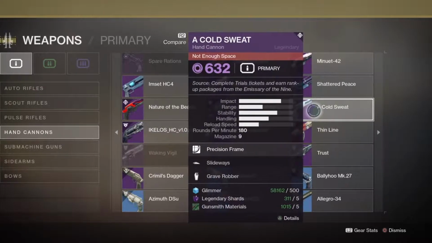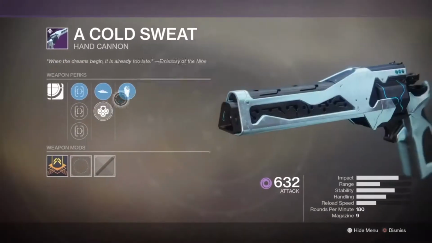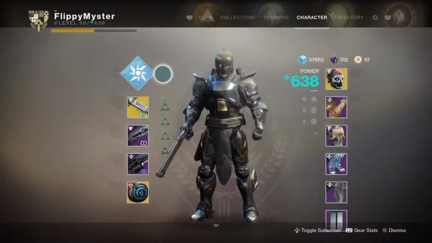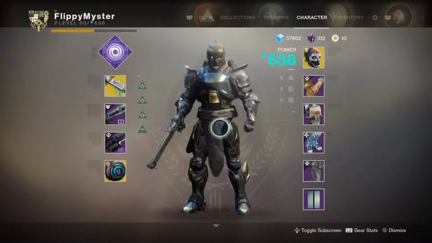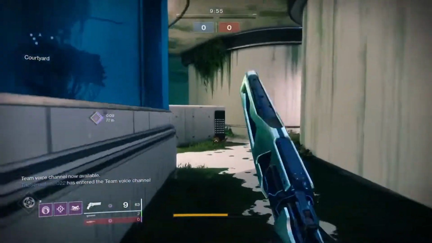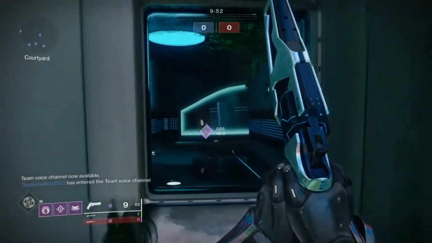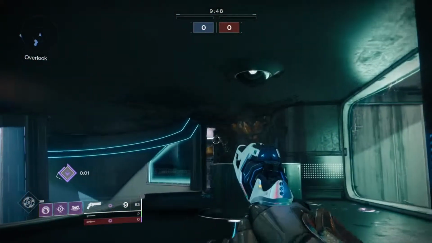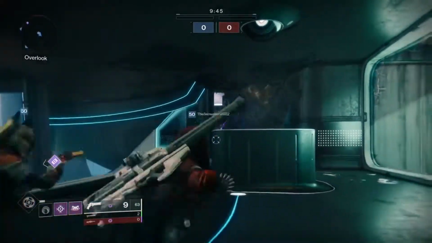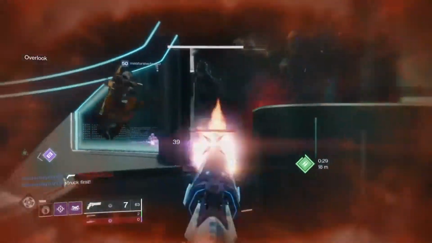For this part, I really recommend using the Cold Sweat Trials hand cannon, as it is a Void hand cannon. I do also recommend equipping your Void subclass to improve efficiency. Now, you may think that doing competitive Crucible matches do grant the most progress, but to be honest, I jumped in and the progress was pretty slow. It is probably because I am pretty bad at competitive Crucible, but the way I managed to do it quite